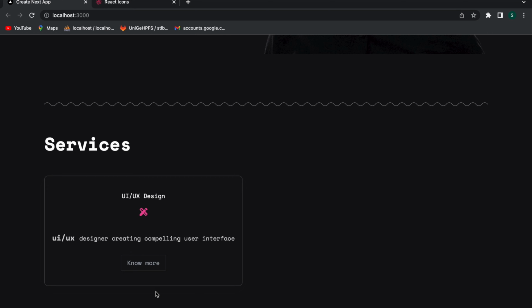Now we have to give some glowing effect here around the corner and here as well.